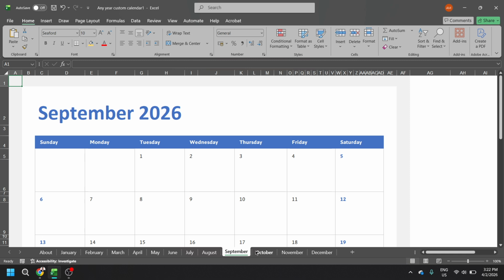That's all there is to it. Click File, click More Templates, and choose a template that updates automatically. With just those steps, you'll have a dynamic Excel calendar you can use all year,